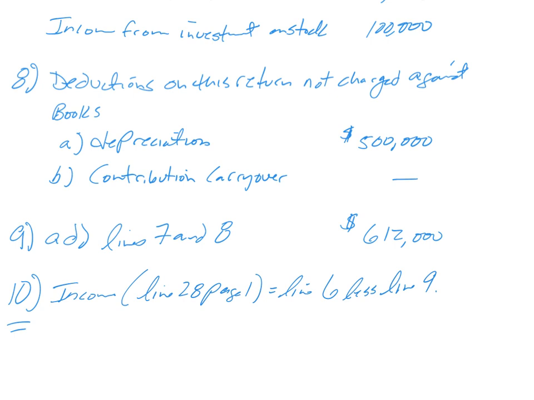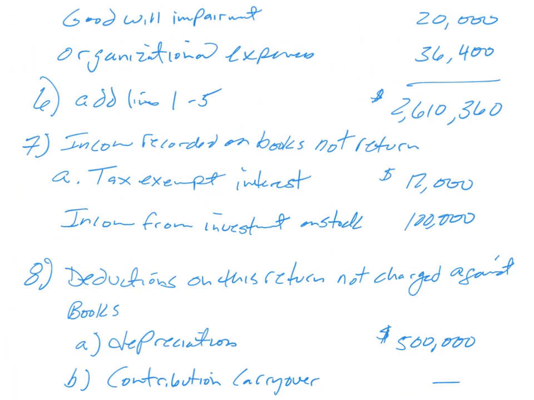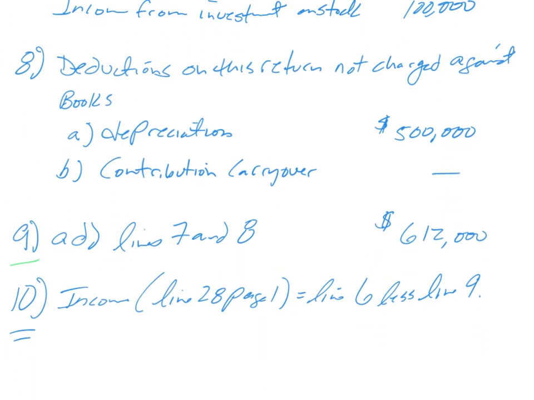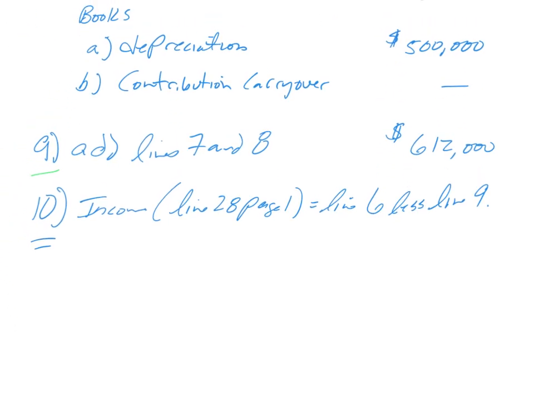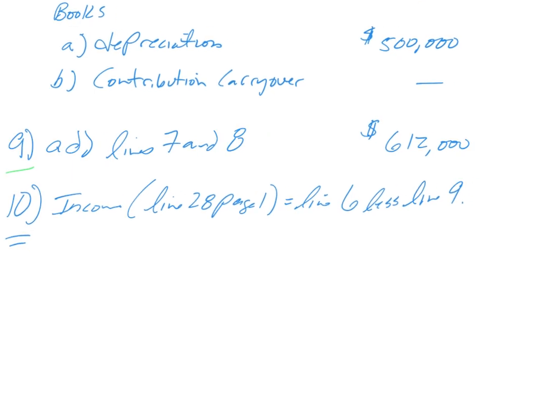And when they say line 6 and line 9, they're talking on this form. So here's 9, and then 6 is up there. All right. And then when you take line 6 less line 9, you get